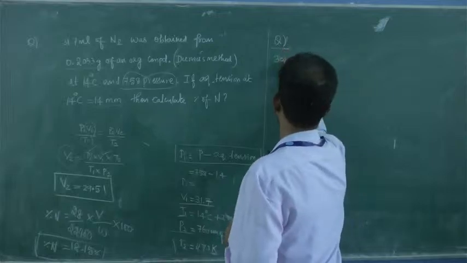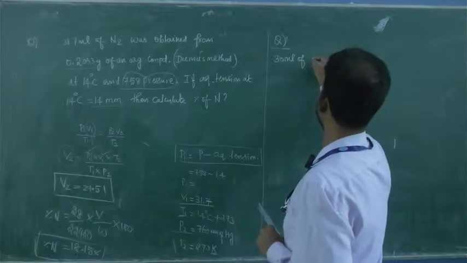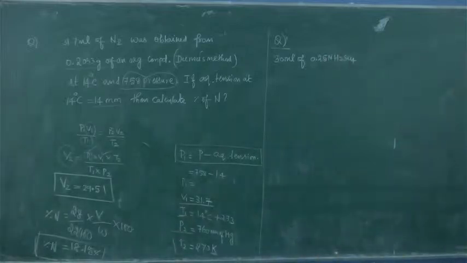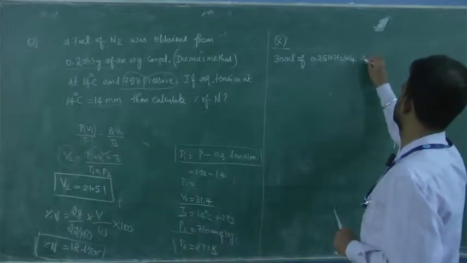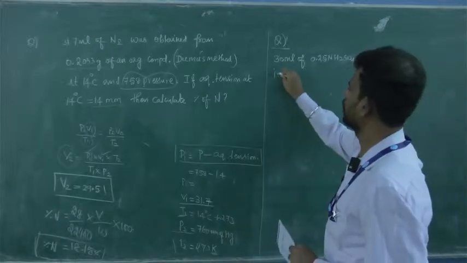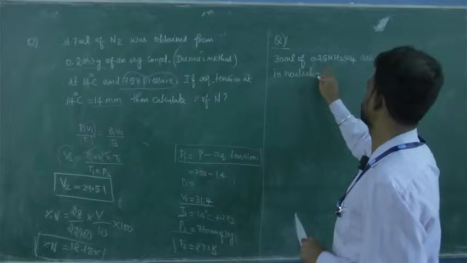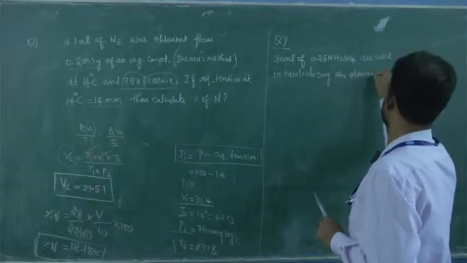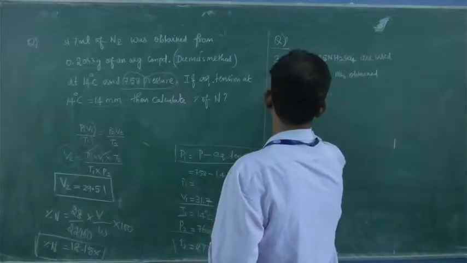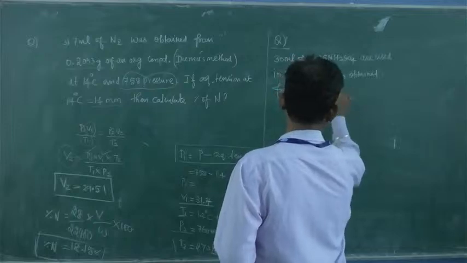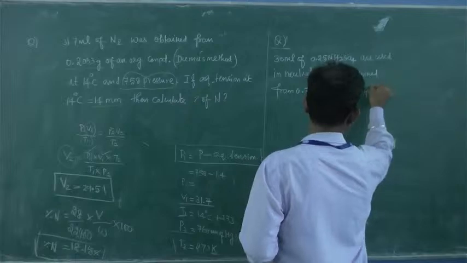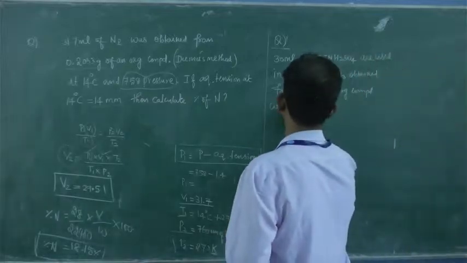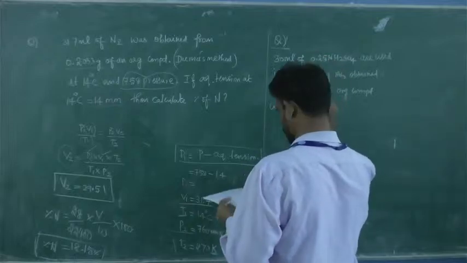30 ml of 0.25 normal H2SO4 are used in neutralizing ammonia obtained from 0.75 gram of organic compound. 0.75 gram of organic compound was passed into